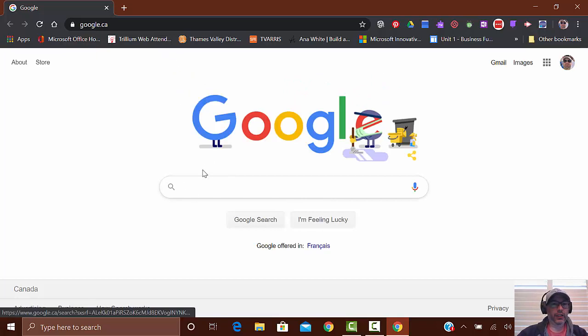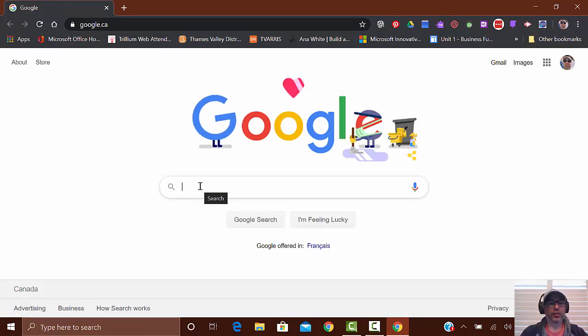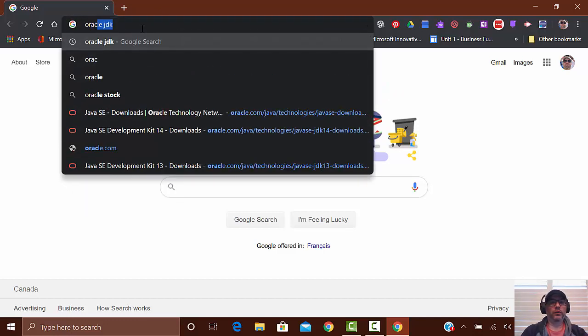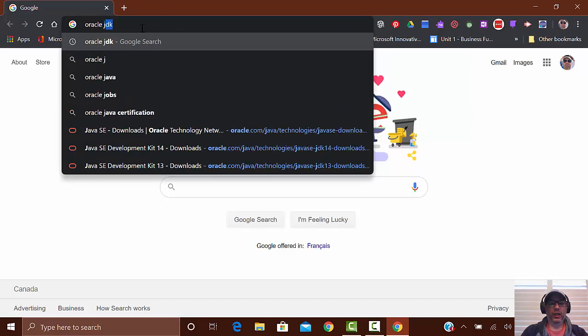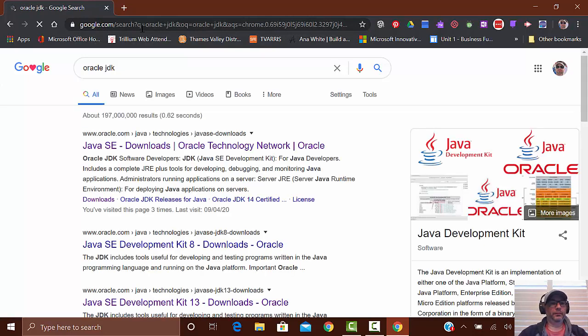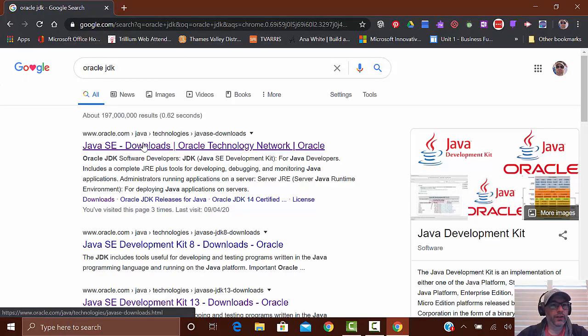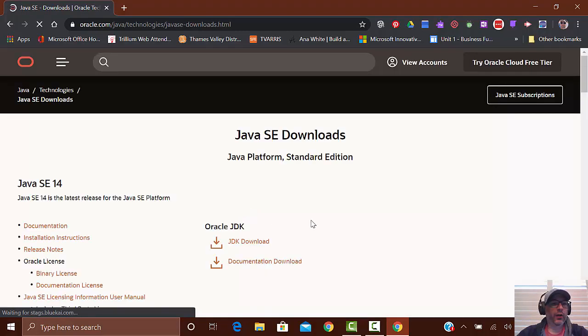the first thing that you're going to need is the JDK. So if you just go to your address bar and type in Oracle JDK, you'll see right here that you have some Java SE downloads, and that's the link that you want to follow here, the Java SE downloads. So if you click on that, it will bring you to Oracle's page where they have all the different